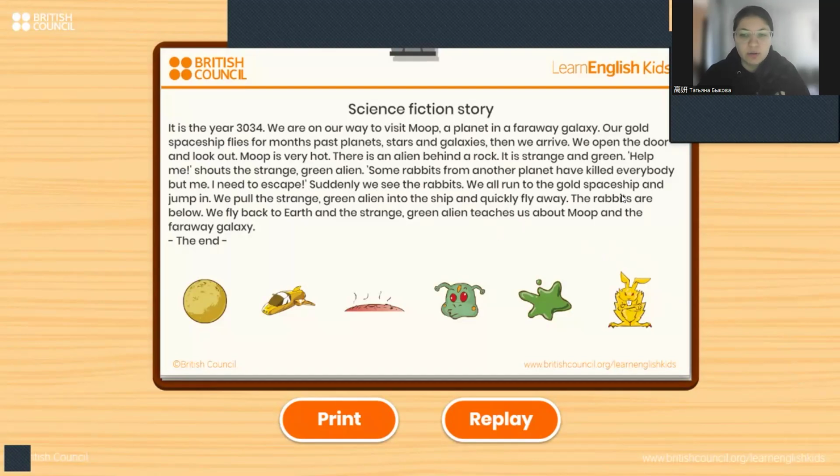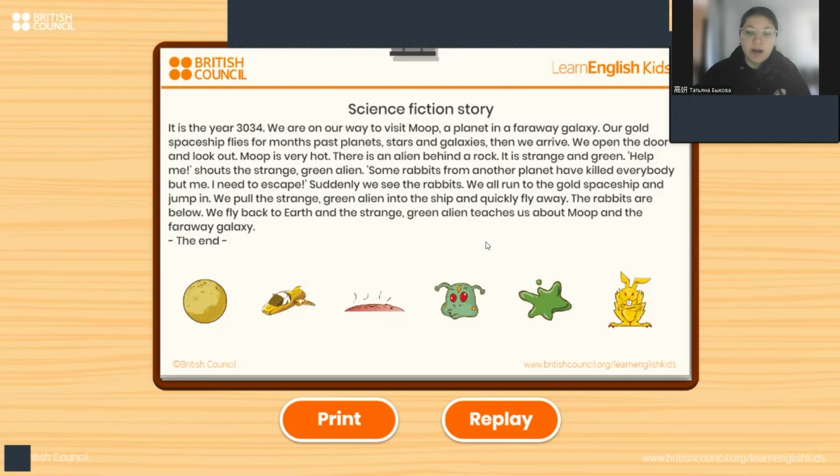We all run to the gold spaceship and blast off. We fly back to Earth, and the strange green alien teaches us about Moop and the faraway galaxy. So that story is about rescuing another alien. It's not that long a story, but it is an example of a science fiction story.